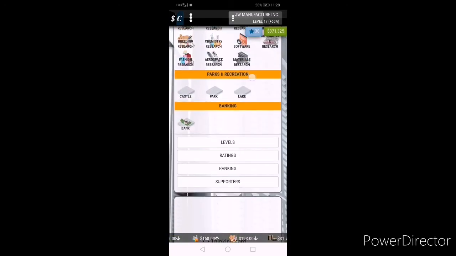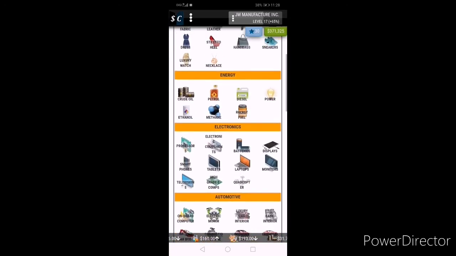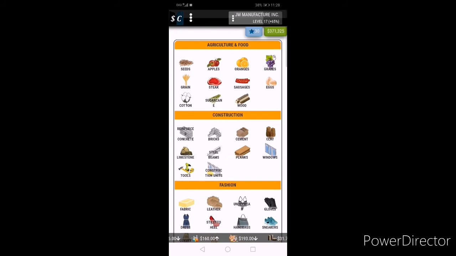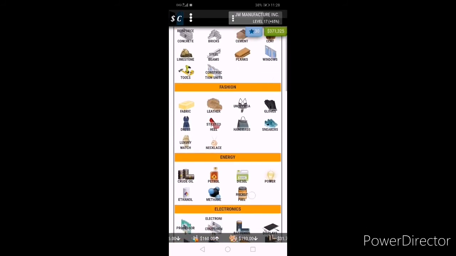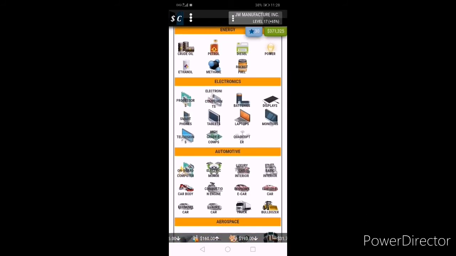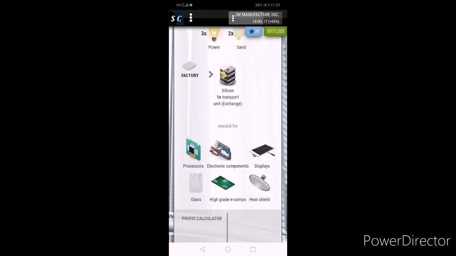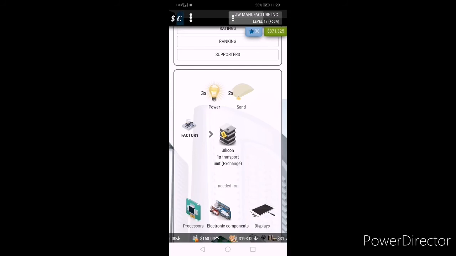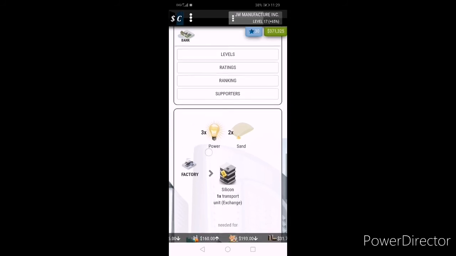Encyclopedia, yeah. You'll see many things here, like you can know what things can be made out of what. Like for example, silicon. You need power and sand to make one silicon, and it needs a factory.